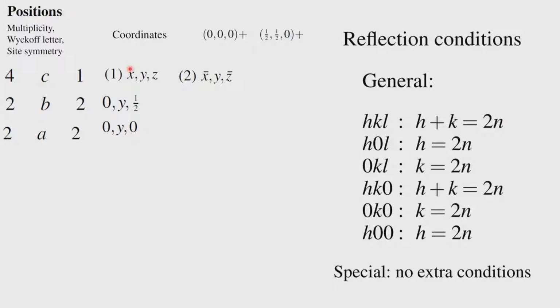The possibility of special positions does exist in this particular space group. You see two possibilities. One is the presence of a twofold symmetry element associated with 0 y half, another is a twofold associated with 0 y 0. But it is not going to give us any extra conditions, because this is a twofold axis. It does not carry any translational component.